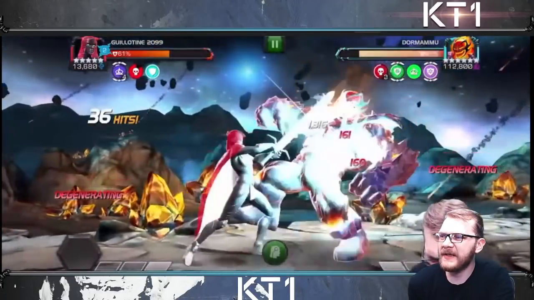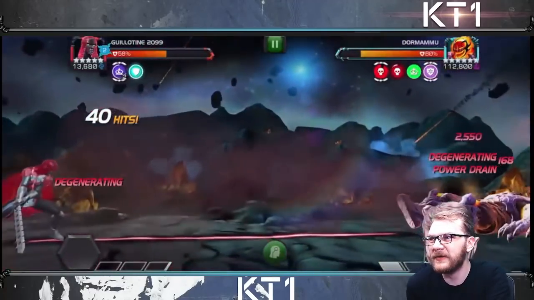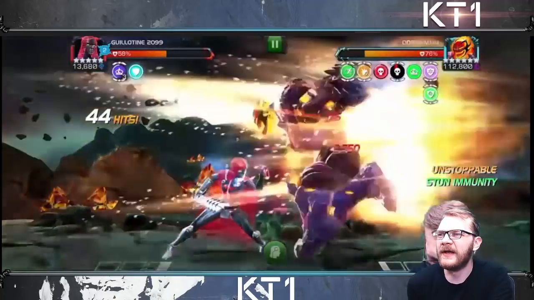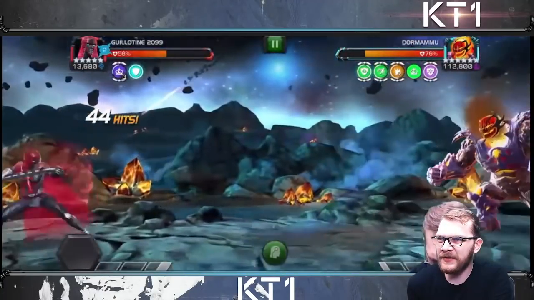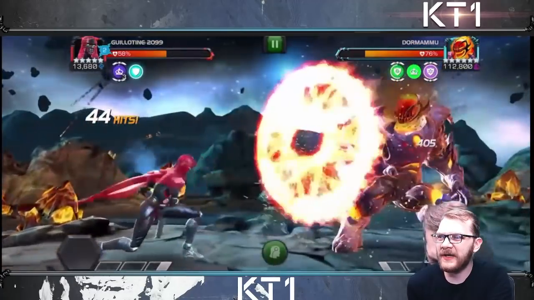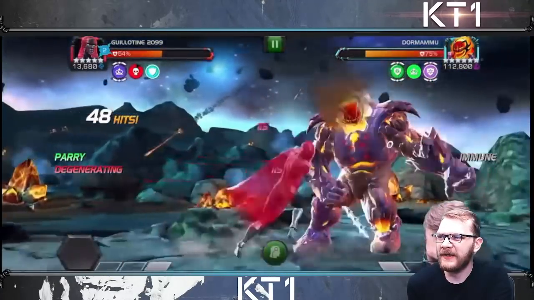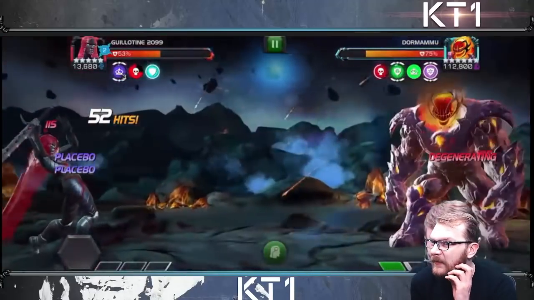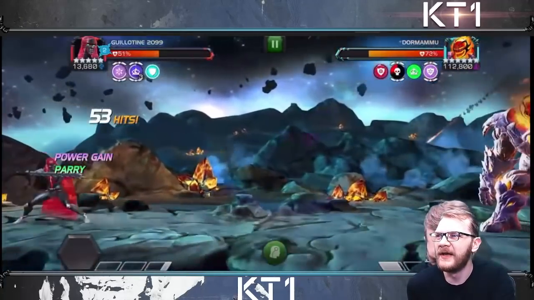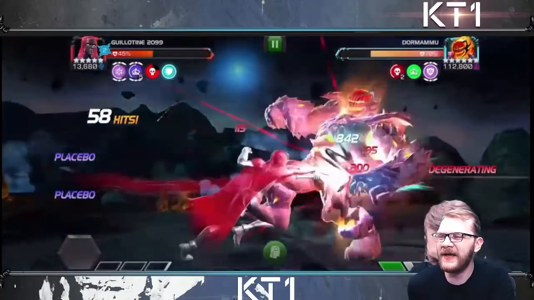But the key is, as soon as you reach level 1, throw it. That will accomplish two things. It will reduce the degeneration damage that you are taking for yourself, and it will also transfer the degen to Dormammu, obviously. So here, again, I'm just trying to be patient. I wait it out, and we're going to see. For the most part, I think Dormammu got to use 2, maybe 3 special attacks in the entire fight, but again, we can see that I'm just patiently growing my power meter there